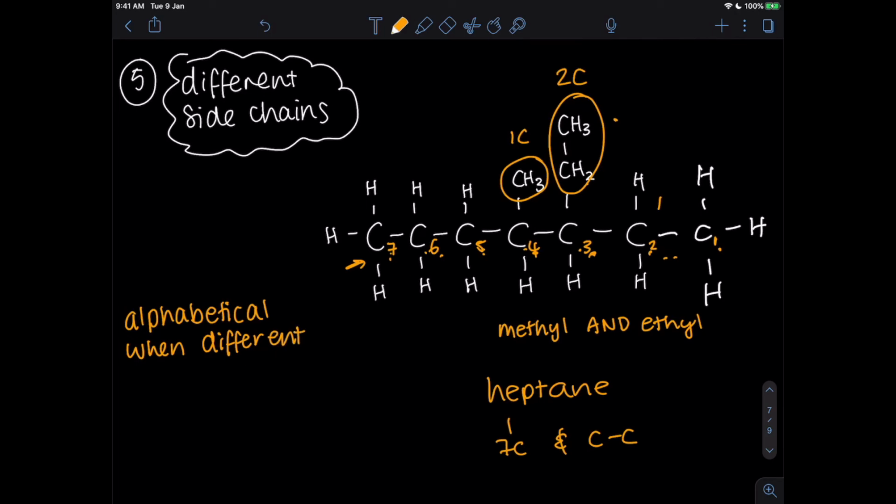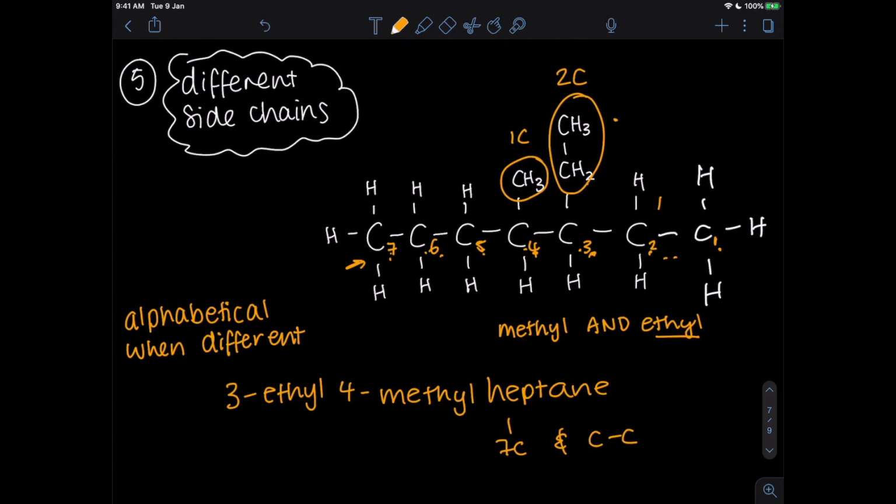So here I am going to start with my ethyl group because E comes before M. So my ethyl group is on carbon number 3, 3-ethyl, and my methyl group is on carbon number 4, so 4-methyl. So here, if I check myself, I've got 7 carbons in my longest chain and all of them are